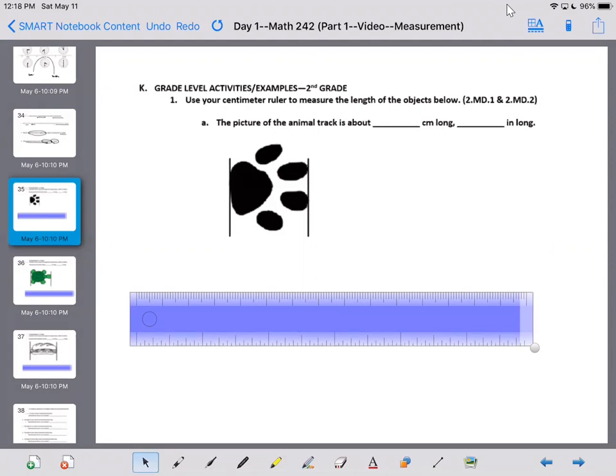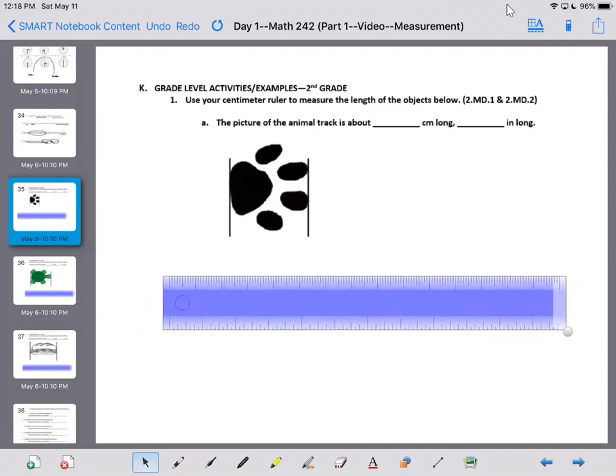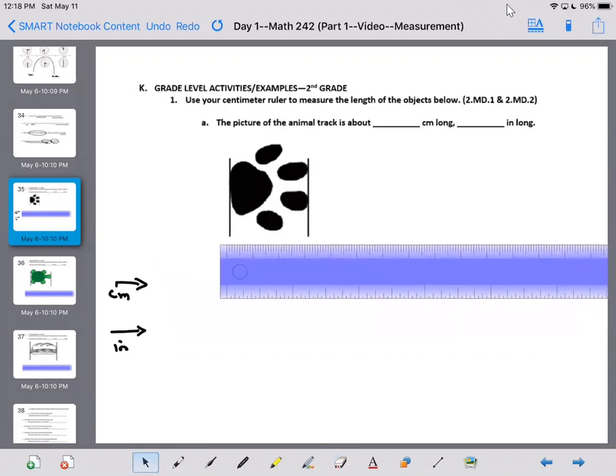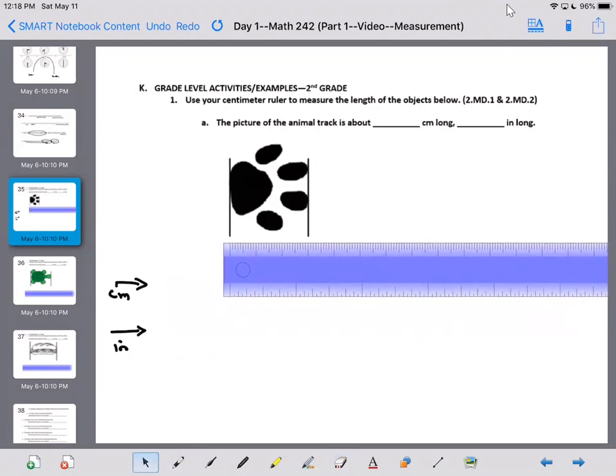So here, the top section on our ruler will be in centimeters and the bottom section will be in inches. When we're calculating this, I'm just going to slide this over. Notice that we definitely want to line up our 0. So we want 0 to be right there at that line so we can measure from one side of the animal track to the other side. So we look at the top section being centimeters, and we've got 1 centimeter, 2 centimeters, about 3 centimeters long. And then when we're thinking in inches, we've got 1 inch,